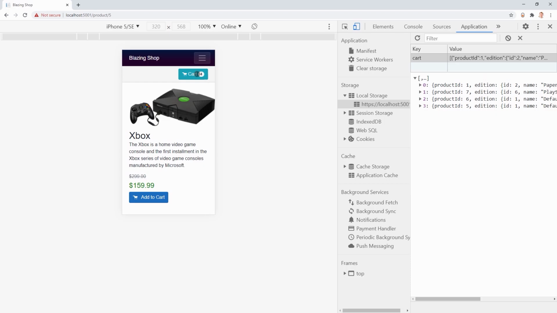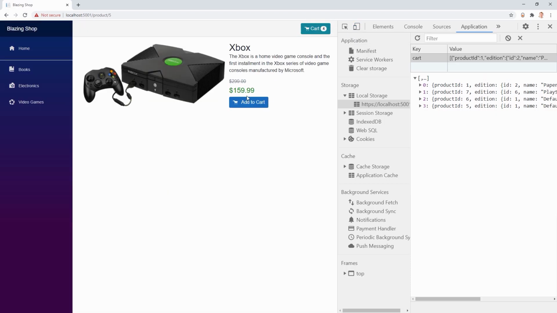Now we've got 4, of course, because the website has been reloaded, but we do not get the information here. The top menu doesn't get the information that something has been added to the cart, or that the cart is empty, or something has been removed. There is no communication between these things. So what we have to do now to make this work is add a service,